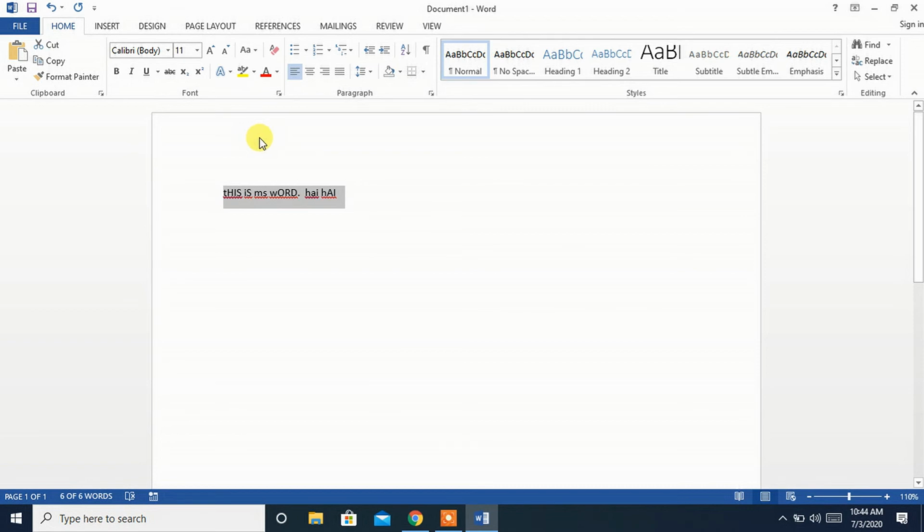And if I am doing like this, whatever alphabet was in lowercase will be changed to uppercase, and the uppercase alphabets will be changed to lowercase. Opposite will be done. That is known as toggle case. Hope you understood how to type.